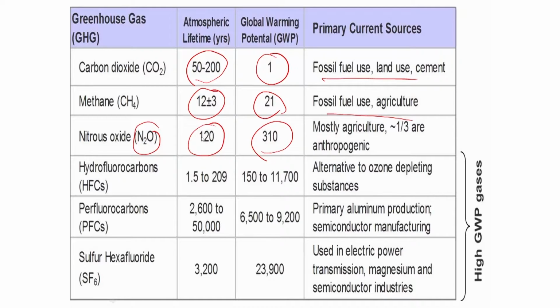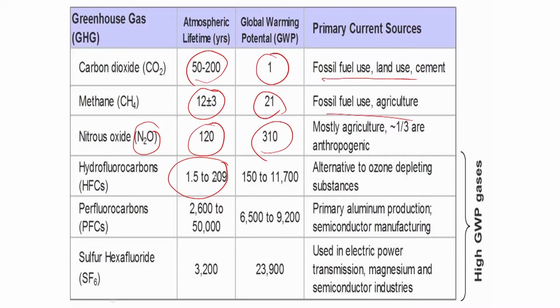Even if we suddenly wise up and say we are going to stop all the pollution, your children, grandchildren, great grandchildren will all be experiencing the continued warming if these gases continue to create global warming into the future. Hydrofluorocarbons, lifetime depends on the particular species of it, can be very short like 1.5 years to